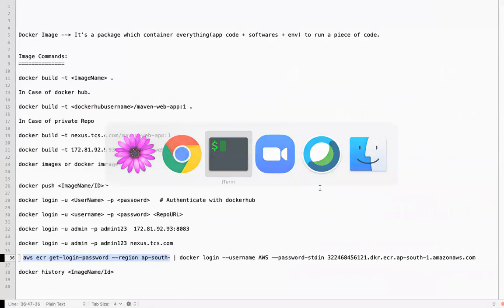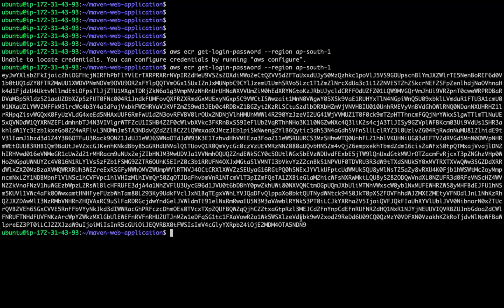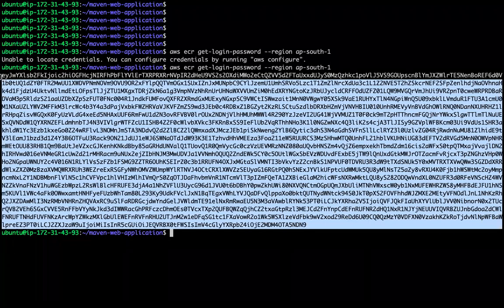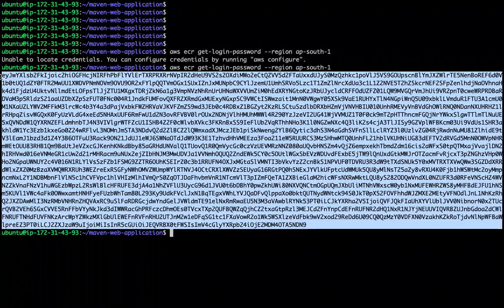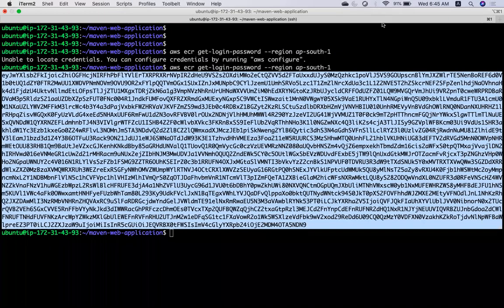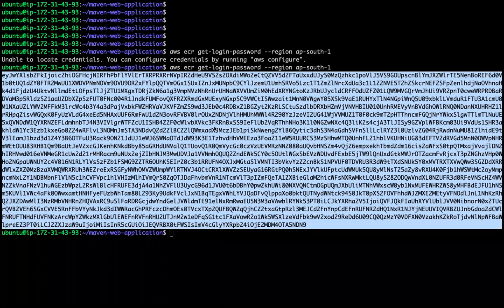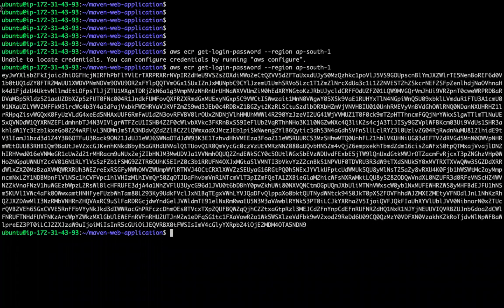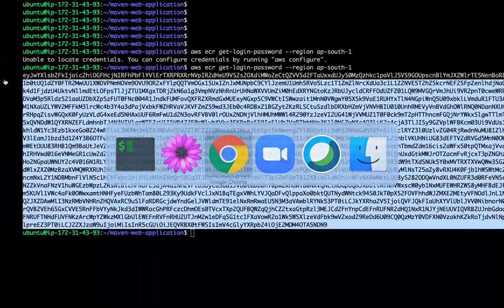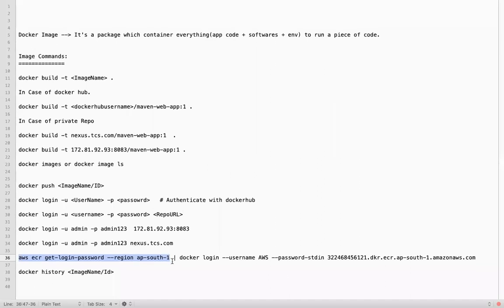Now let's see. Is this machine able to get the authentication token? Now do you see this is working? Now what can I do? Instead of giving this much again, what we are doing is this: this command will get the token, and with the pipe symbol we are passing it to this. Okay, so now if I execute this command,